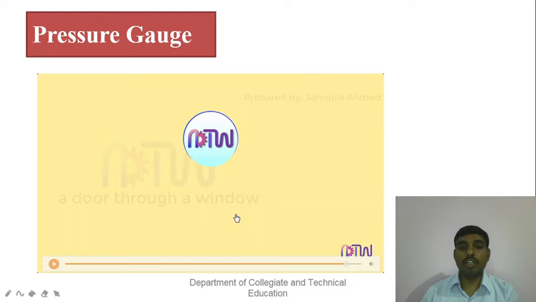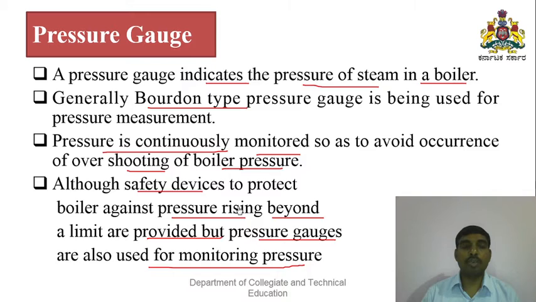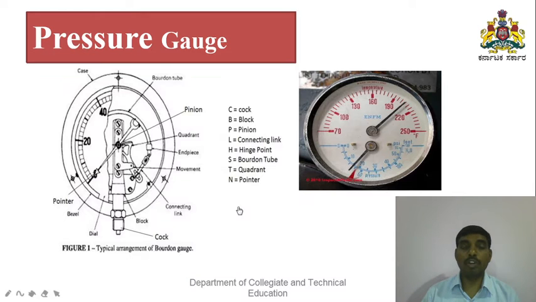Students, let's take a glance at the pressure gauge. I already explained this; the video will be helpful to understand the basic concept. So here you have a Bourdon tube pressure gauge. As I have already told you, the pressure inside the tube can be measured. We have a pinion and we have a pointer. This is the Bourdon type; C-type Bourdon tubes are being used.